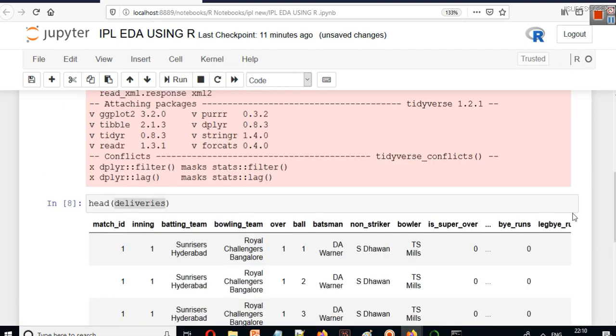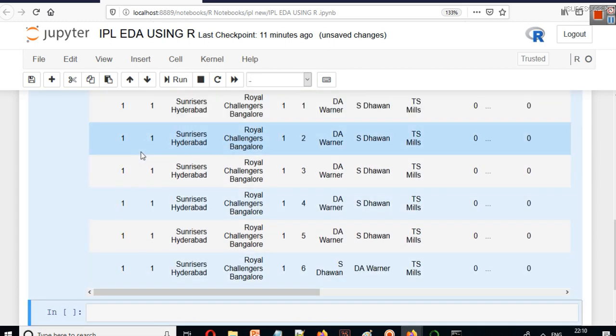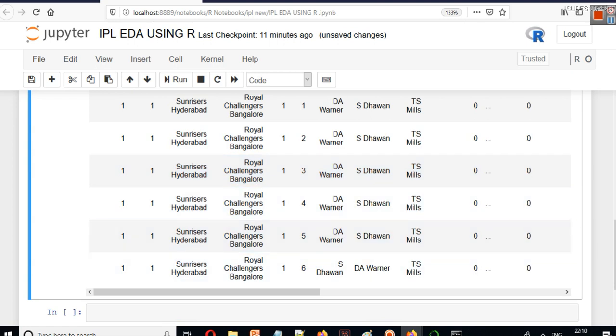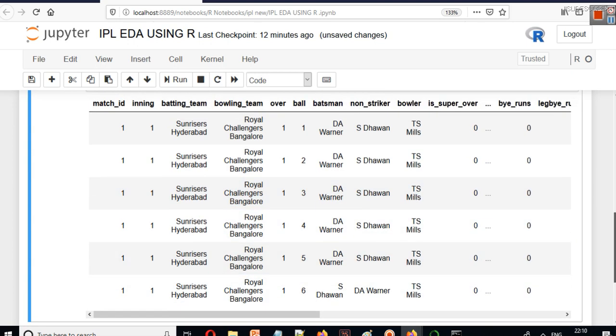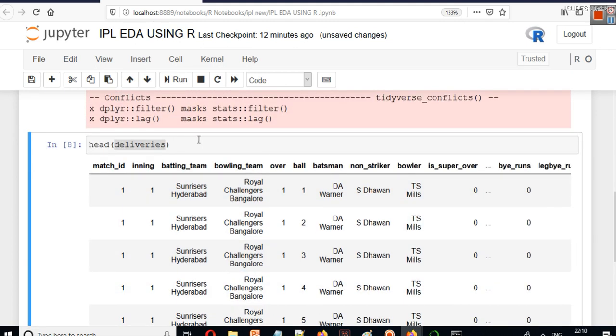When you run it, you will see that we get some rows here, and by default it is giving us 6 rows, 1 2 3 4 5 and 6. So this is the work of head.